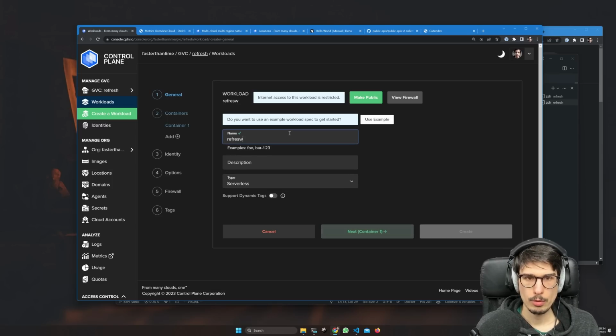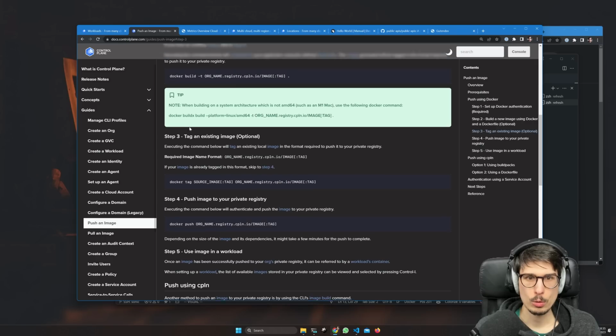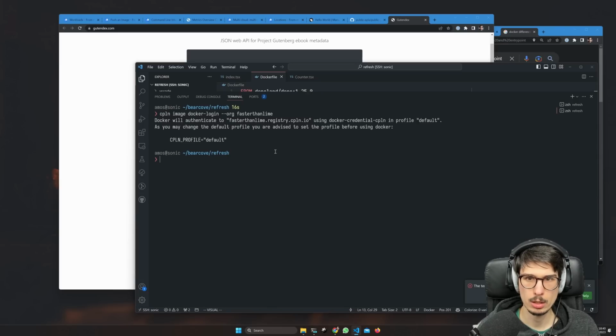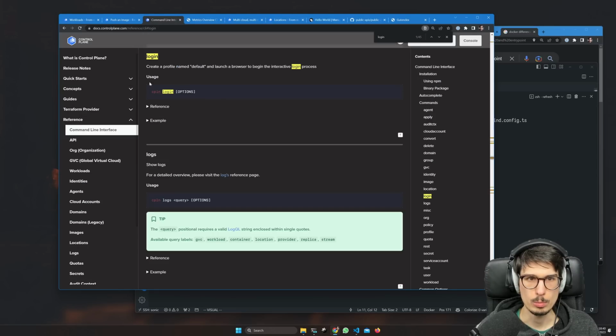We're going to call that refresh. Then we need to give it an image. So we're not actually going to use the Docker Hub at all, but we could deploy anything from there. We could pick up a Postgres image and just deploy it. Instead, we're going to push something directly to Control Plane's Docker registry that they give us. Of course, we are going to need to set up Docker authentication for that. Yes. Nice. And now the tag is going to be